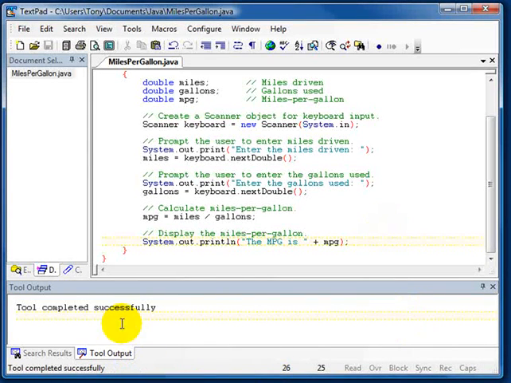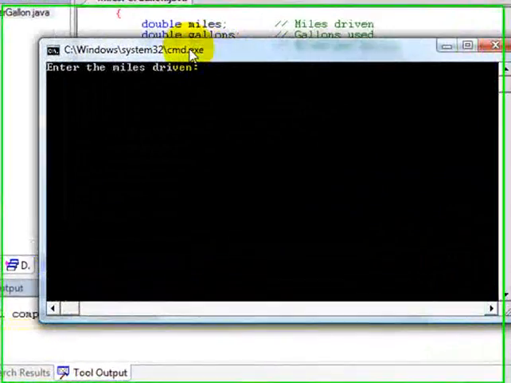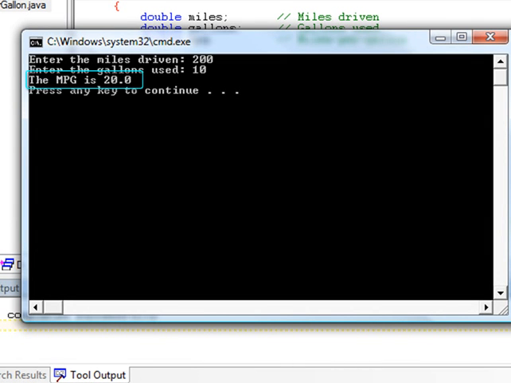This time it compiles successfully. Well, let's run the program. Okay, enter the miles driven. Let's say that I drove 200 miles, and the gallons used, let's say I used 10 gallons, and the MPG is 20. Okay,